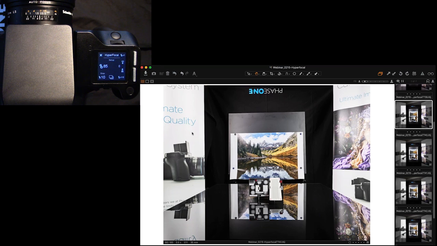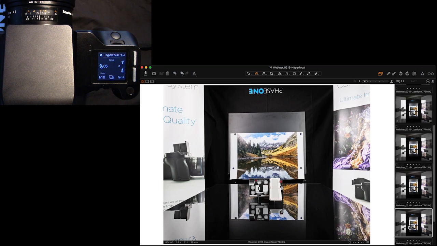Now if I go down into my IPTC data, I have a lens position at 65. So remember, we started at 85, which will be the 3rd image shot. So this is 85, 75, 65. And then if we go back to 85 and forward, we have 95 and 105.